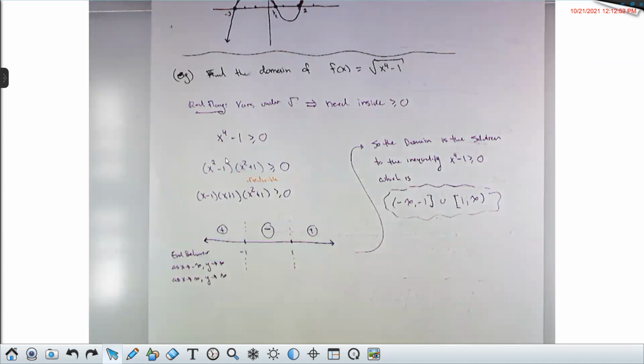No problem. It is an interesting question, and asking what's the domain of this thing in the complex numbers might be a question worth investigating. It turns out the domain, if you're willing to work with complex numbers, would be the whole complex plane. But questions like that are well beyond the scope of this course. So when it comes to finding domains or solving inequalities, we're only ever working with real numbers.